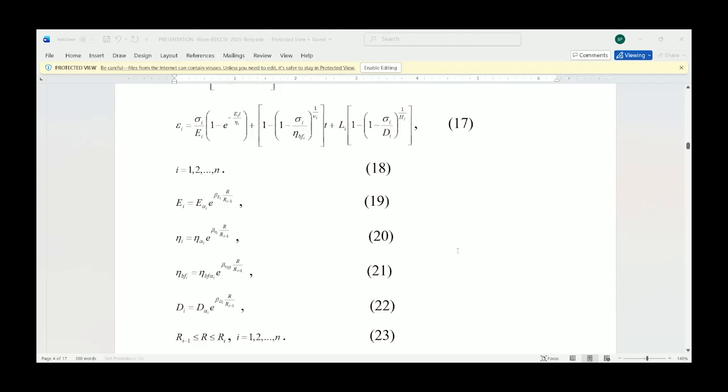In these equations, E alpha I, eta BF alpha I, and D alpha I are the values of the parameters at the internal surface of the layer. Beta EI, beta eta I, beta N BFI, and beta DI are parameters. Equations from number 24 to number 27